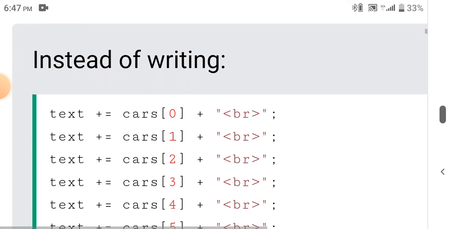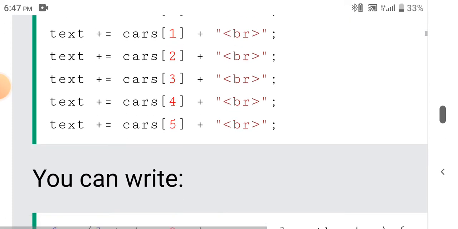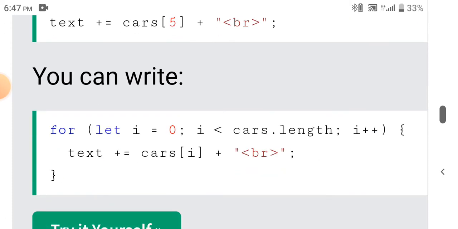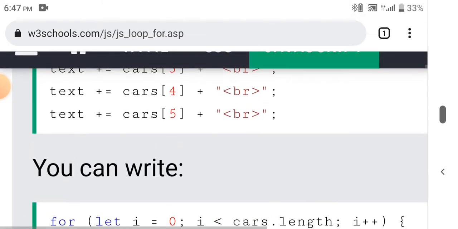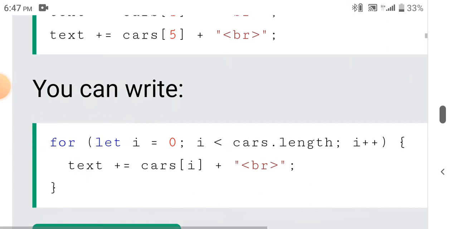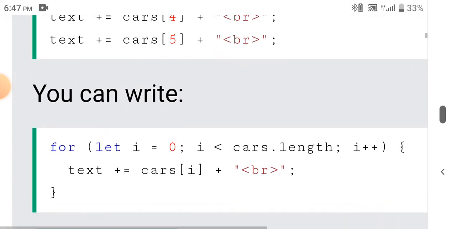Instead of writing this, you can use a for loop or while loop: for (let i = 0; i < cars.length; i++) { text += cars[i] + "<br>"; }